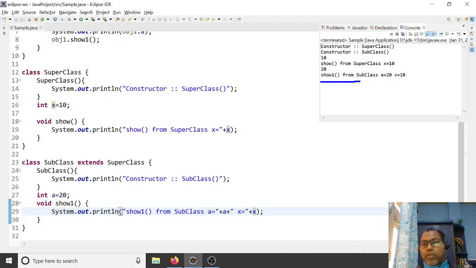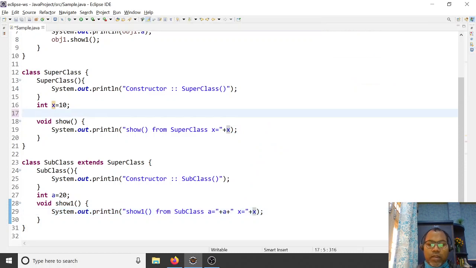Your subclass method can access the a variable and the b variable, and they can use your show method. Let's define another variable: private int y equal to 30.